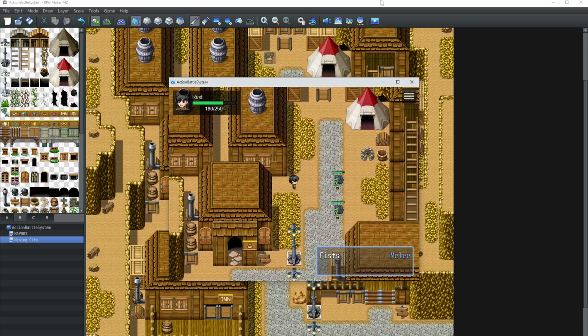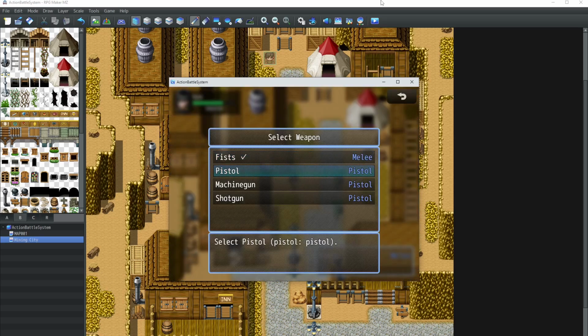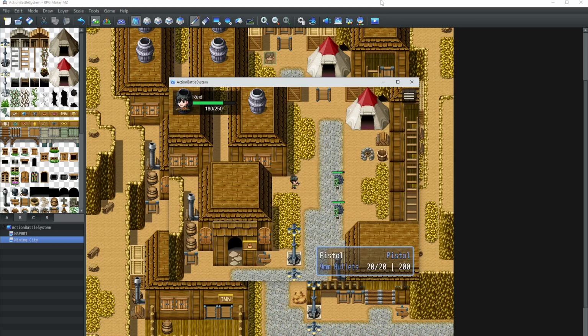And also you have a weapon switch menu, but you can also change your weapons with buttons. So this is a pistol, and as you can see, you can set an according graphic to your weapon. And then you can switch to another weapon, so you can easily create different types of melee and ranged weapons. So this is a machine gun,